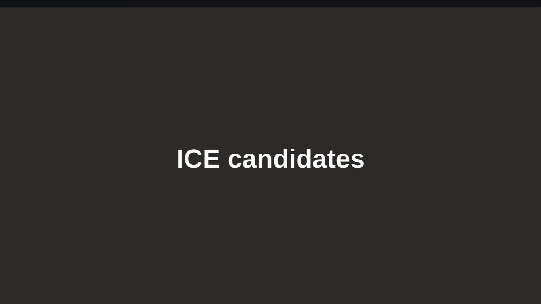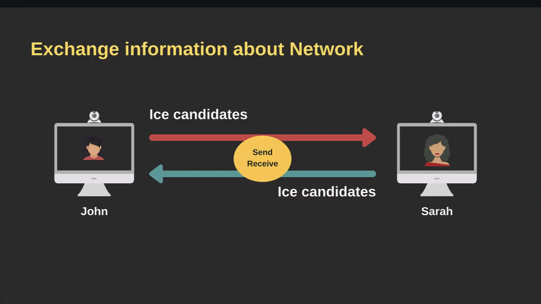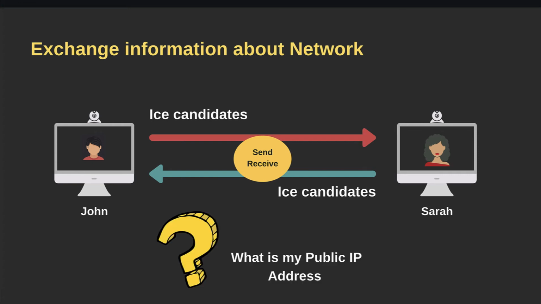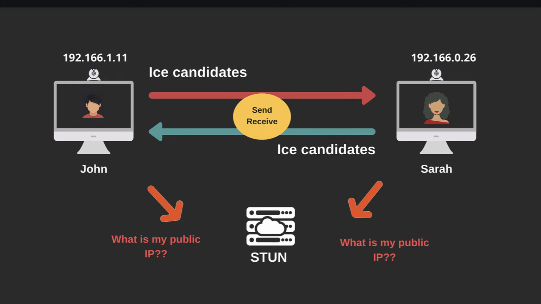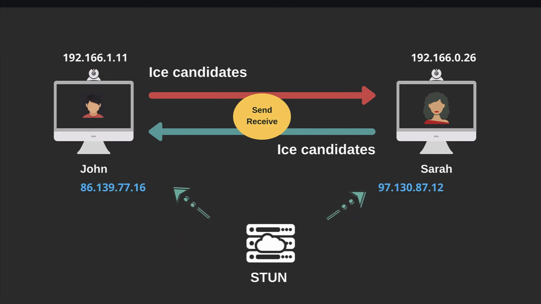Now let's talk about ICE candidates. This is just an introduction. There is another video in this course about ICE candidates with more details. Our two peers need to exchange their ICE candidates with information about IP address and port, and usually we use a public IP address to communicate directly with peers. But in most cases, our devices are behind a NAT network, and in a NAT we have access only to a local IP address. This is why we need to ask a STUN server. STUN will provide the public IP address and port that can be used by peers to have a peer-to-peer communication.